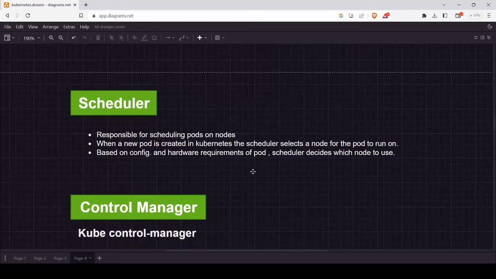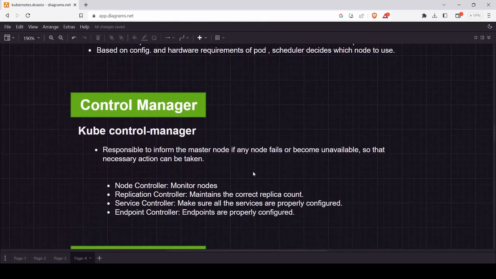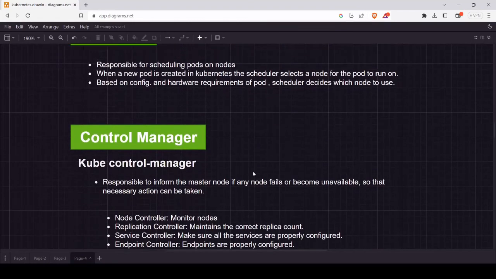And moving forward, we have the controller manager. The controller manager, as the name suggests, controls or manages the cluster. It means monitoring happens there. In that we have the kube controller manager, which is responsible for informing about nodes. Like suppose in the cluster some node fails, so what should they do? The kube controller